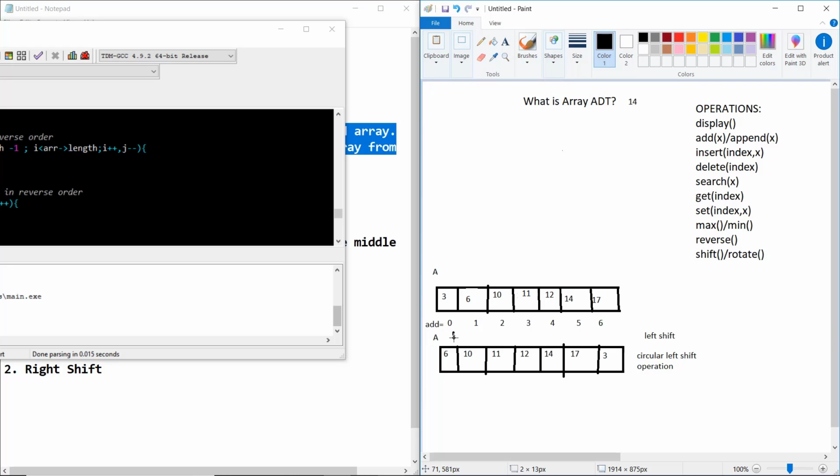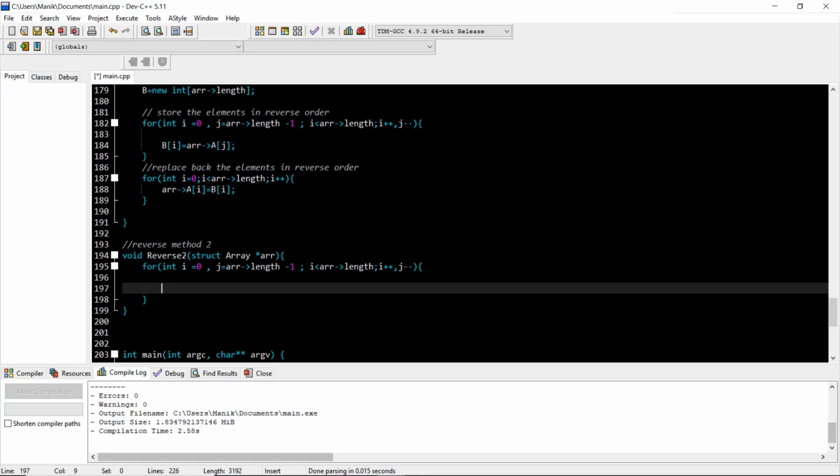Let us suppose we have created a pointer at this location and a pointer at this location, and it swaps these two elements until what? Until the i pointer reaches here and the j pointer also reaches here, at 3. So we do this until we reach the middle.